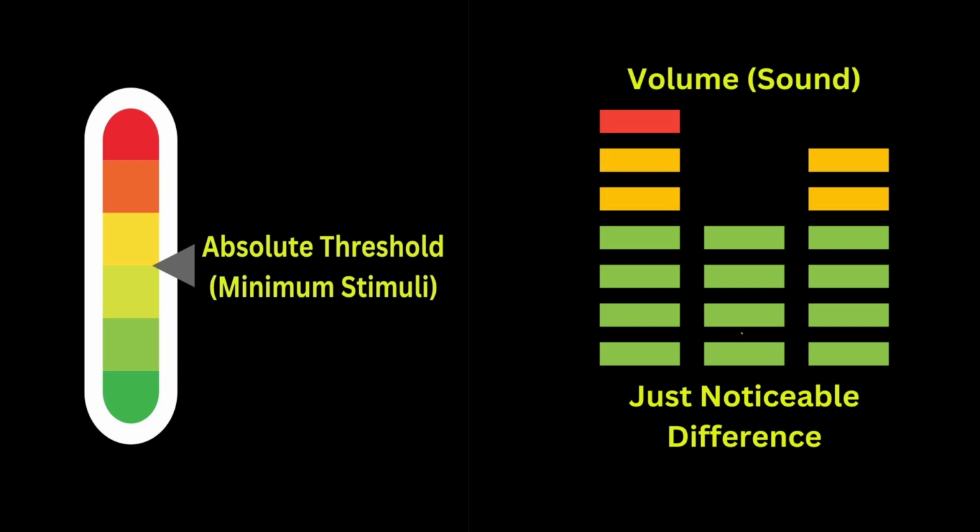Now, just noticeable difference is the idea that there's a bare minimum we need to be able to detect changes in some sensory information. Let's say volume. Let's say our base volume is this green over here. If we crank up the dial 2 for these yellow, our senses won't be able to notice that difference. Even though we can see that there is an actual change of the volume, our brain isn't sensitive enough to notice that minute small change. Once we get one more into that red is when our brain goes, oh, this volume seems louder, this song seems louder on the radio. So basically we have to hit a certain amount of change for us to actually notice that something did change.